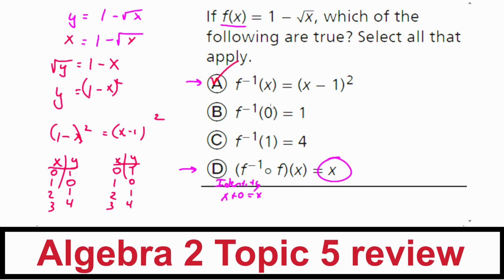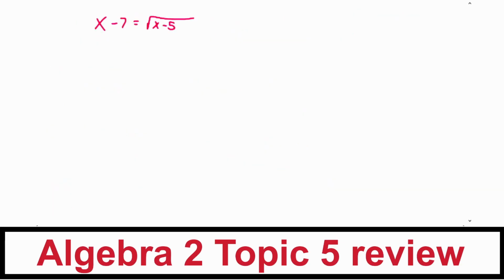or f of negative 1 when I plug in 0 is equal to 1. Well, I already know that that's true. And when I plug in 1, I don't get back 4, so that's not true. So this is a 3 out of 4 being the right answer for this. All right, for our next one, we have this equation, x minus 7 is equal to the square root of